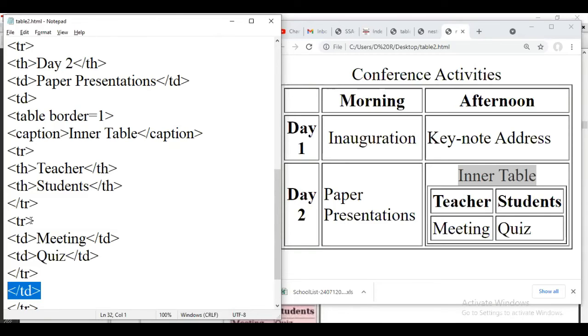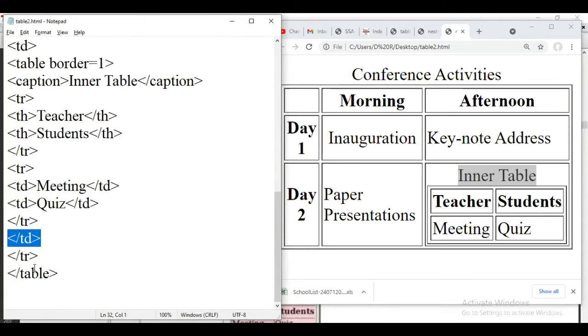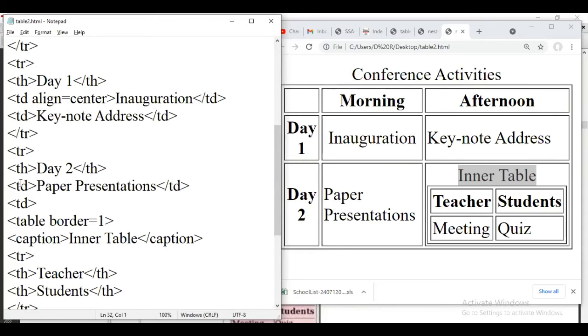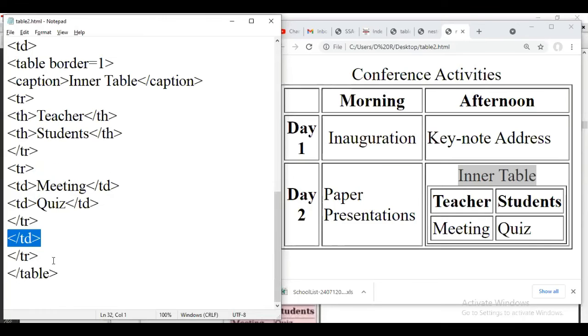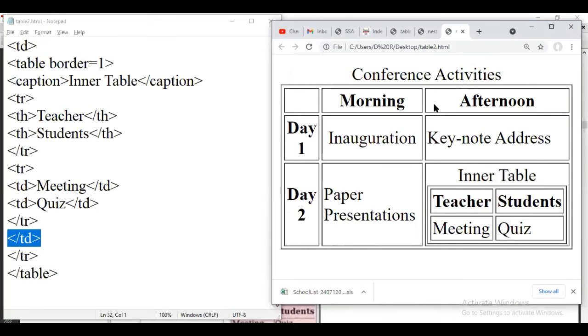Sorry, this is not this one, before this table. Okay, this is this TD, and this TD is inside this row. This is the day 2 and paper presentation row. And this TR we are supposed to end, and that TR is closed here. Okay, and then closing the table tag, body, and HTML, and we are getting this output.